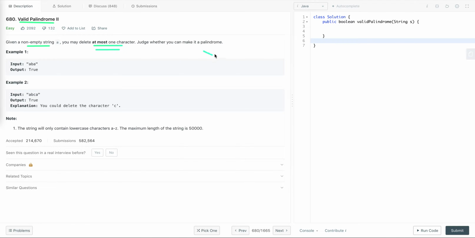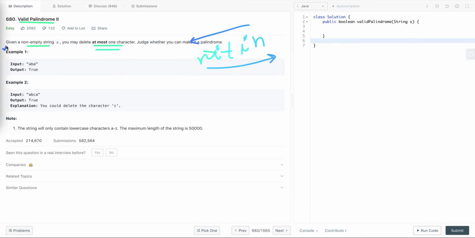For example, the easiest example is, let's say, the word Nitin. If you read in the forward direction, it is Nitin. If you read in the backward direction, it is still Nitin. So it's a palindrome. Now let's see the examples.